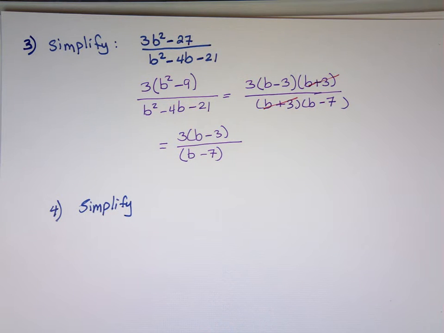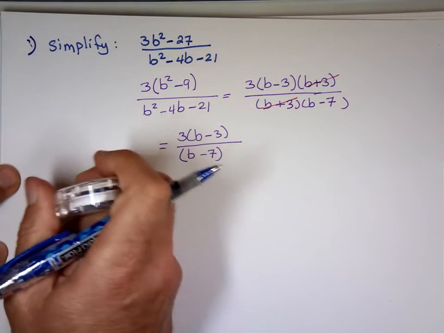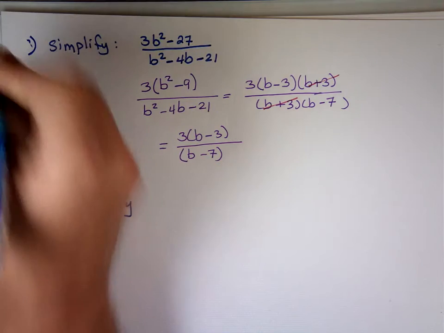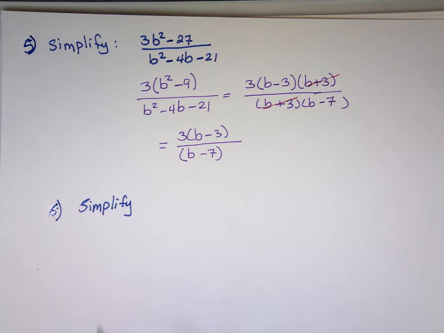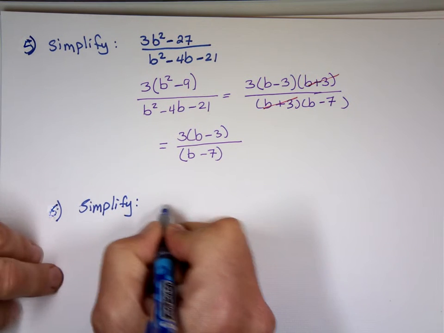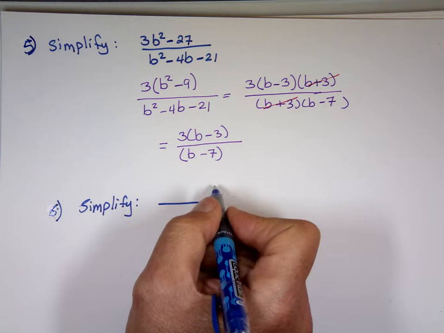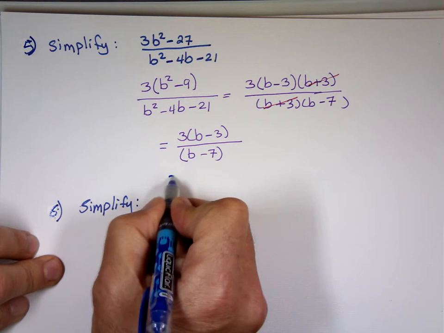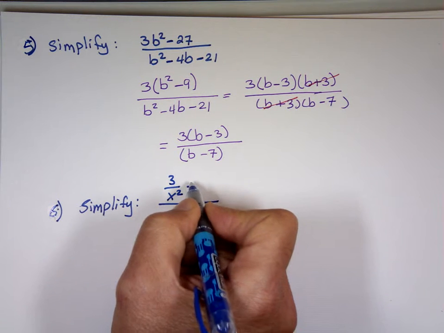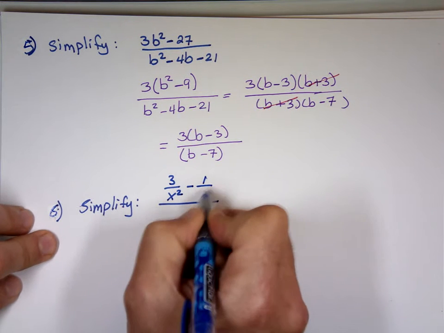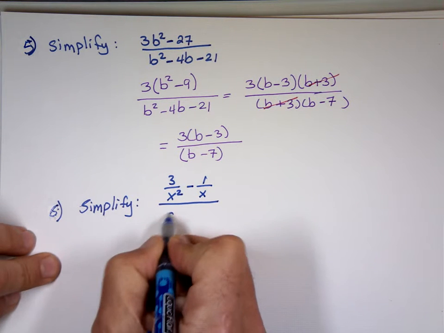Oh, wrong numbering. That's 5 and 6, I think. Simplify. This is a complex fraction. 3 over x squared minus 1 over x, over 9 over x squared